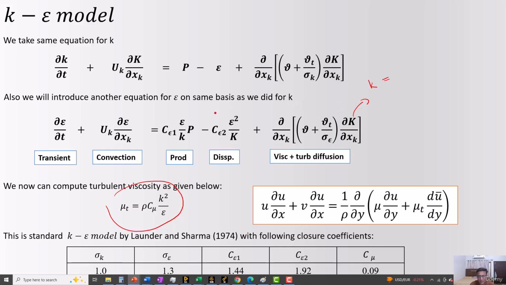So it means that we have changed everything back to the mean velocity, and once we solve k and epsilon, we just put them into the mu t relationship, and the mu t will be put into the equation over here. The du by dy is already calculated, and du by dx and v and u are already calculated. So just put them into the equation, and we get the